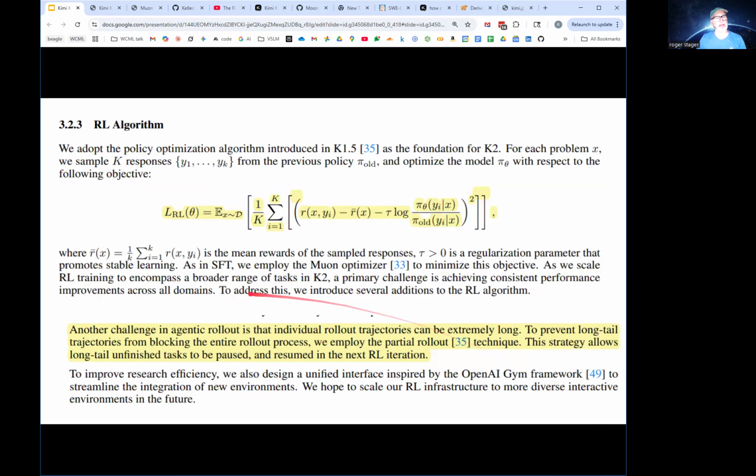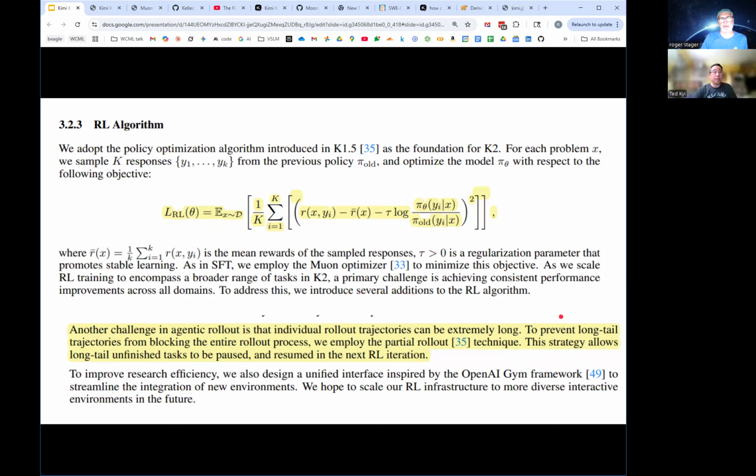Okay. The RL algorithm they used was fairly straightforward. So the critic's providing the reward, and I think they're subtracting the mean, which means this is an advantage. And then they put in this term, which I think is basically the KL divergence. So they're trying to keep the model from drifting too far off, and providing a loss signal that's an advantage signal from the critic. This was kind of interesting. Go ahead, Ted.